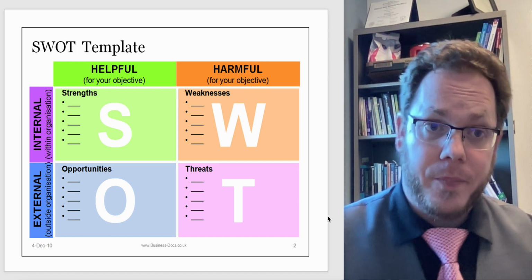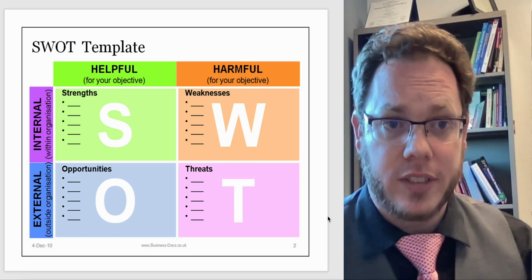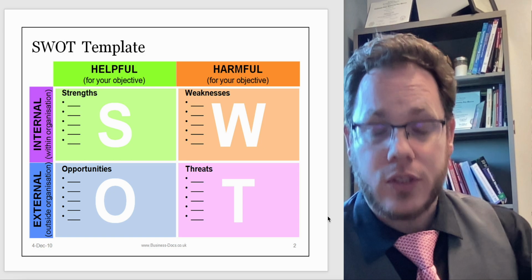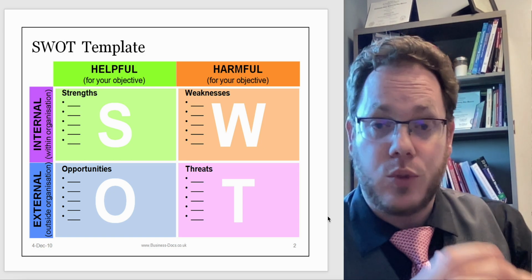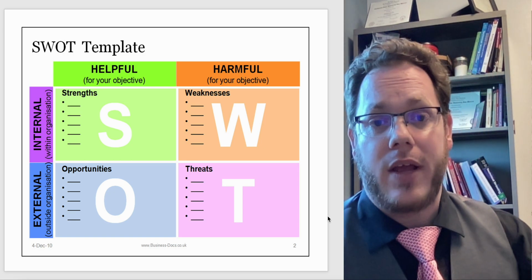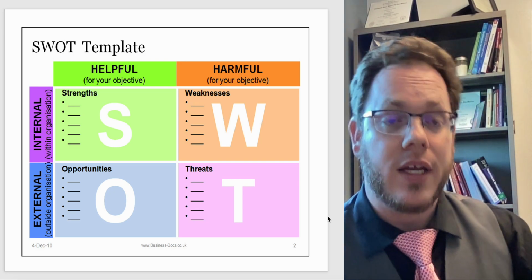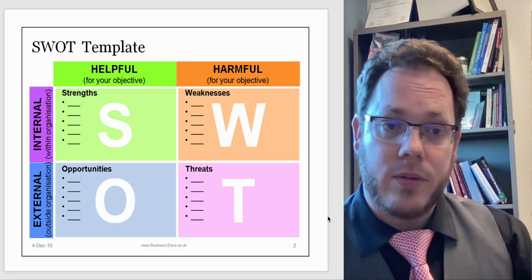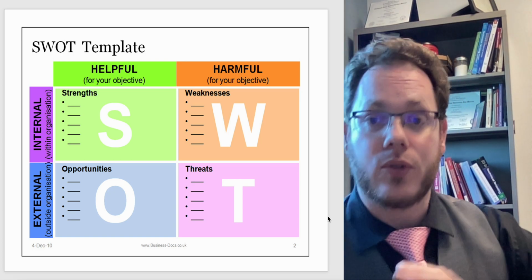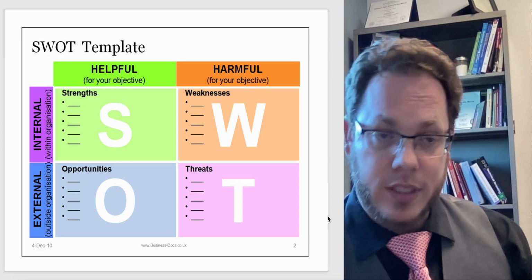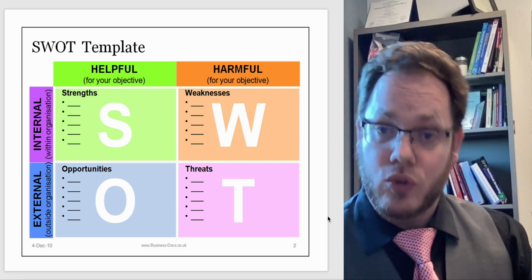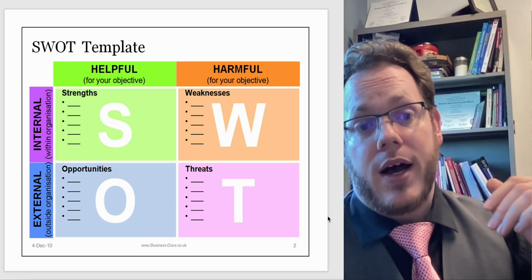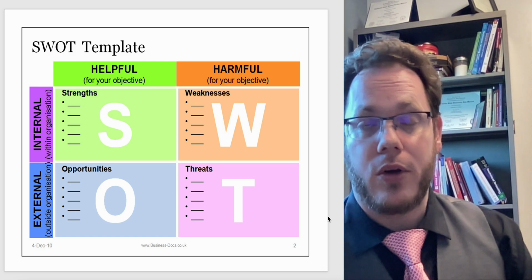Strengths and weaknesses are considered internal, which is sometimes seen as within an organization. So these are the things that a company might possess within itself. Weaknesses, areas of growth, that kind of thing. So for instance, versus external, opportunities and threats, which would be maybe competitors or something beyond the organization that they don't have maybe as much control over, but can respond to in a meaningful way. So for internal,